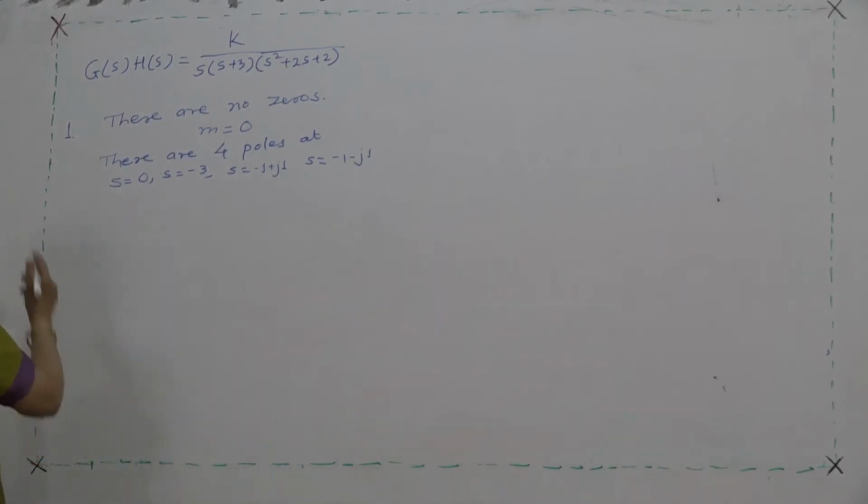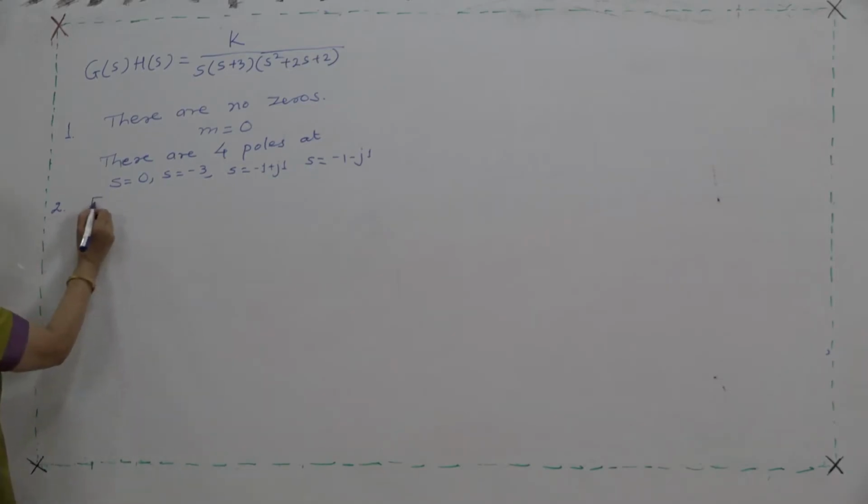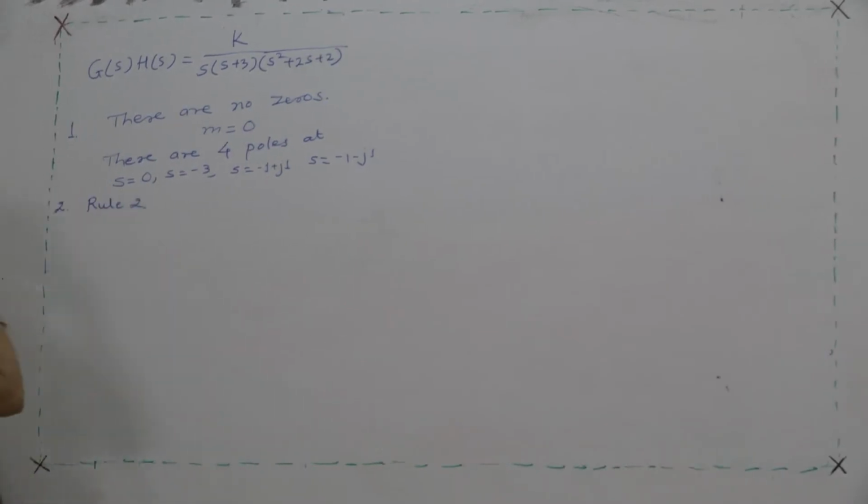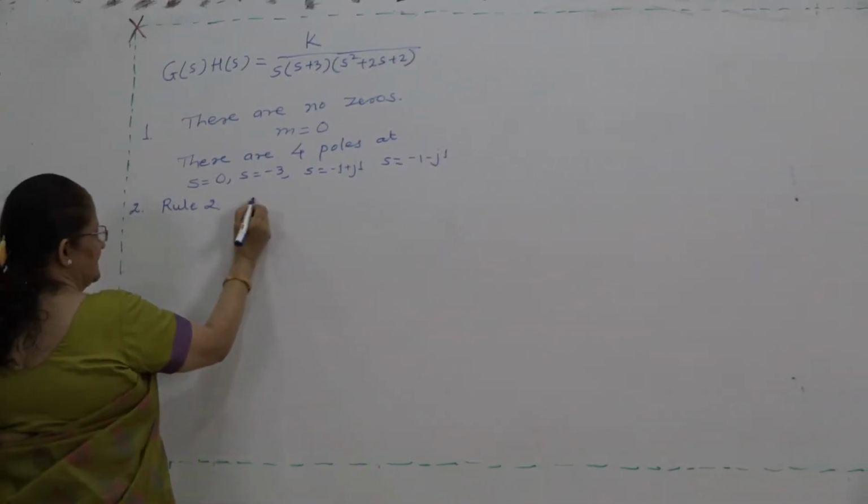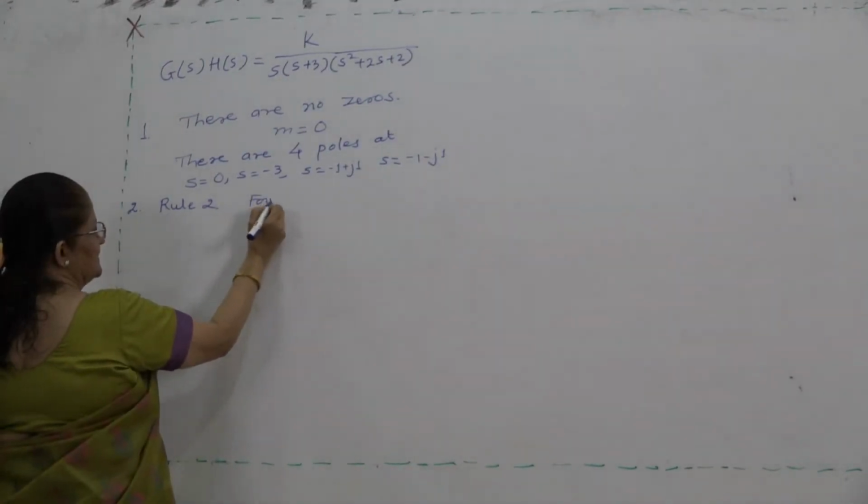Next step is to apply rule 2. So, what does rule 2 say? It says that as many open loop poles as there are, those many branches will be there in the root locus. So, here 4 open loop poles are there. So, we will write by applying rule 2. If you want, you can write it, no compulsion, but you can write it. Rule 2 says that 4 branches